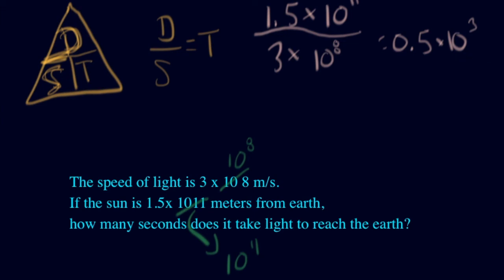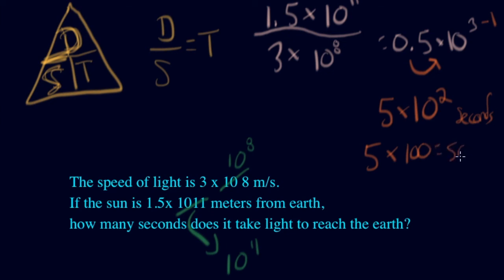Now you have to move that decimal 1 over there. If you move it to the right, you have to subtract. So I'm going to subtract 1 like that. So our answer is actually 5 times 10 to the second seconds. Just for fun, let's change into, like, actually how long does it take? So 5 times 10 to the second. So 10 to the second is what? 100. So 5 times 100. So it would take 500